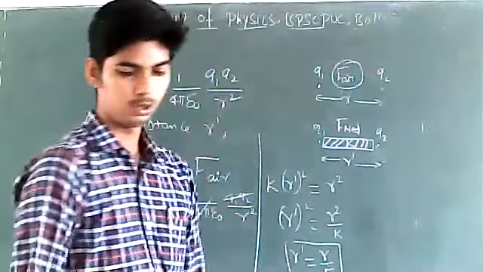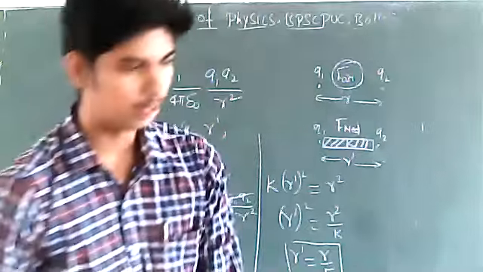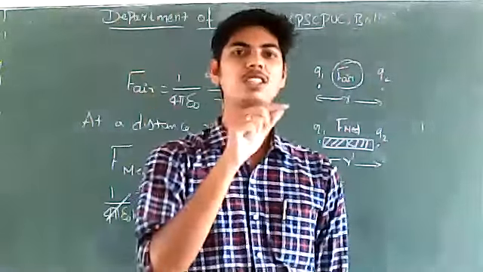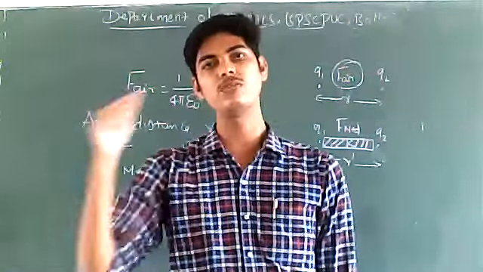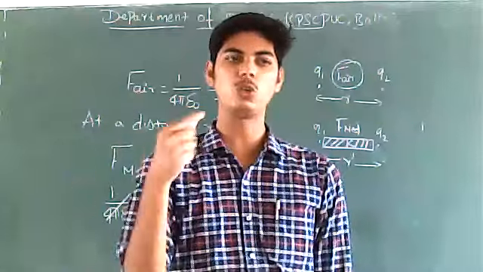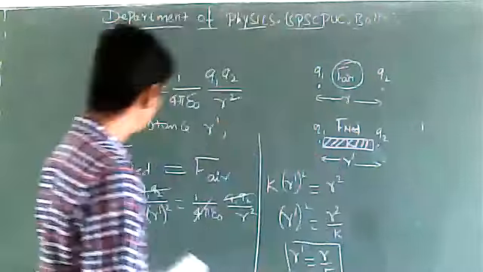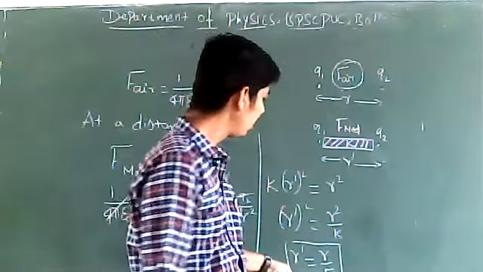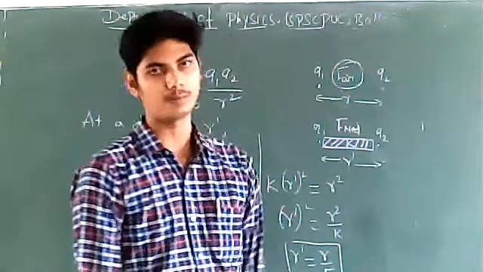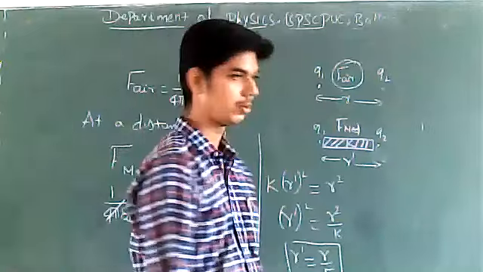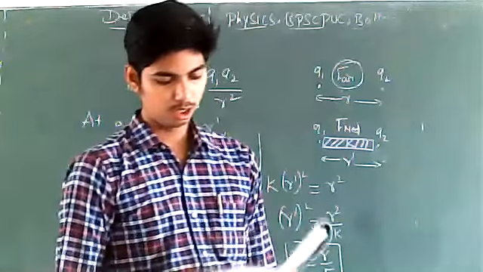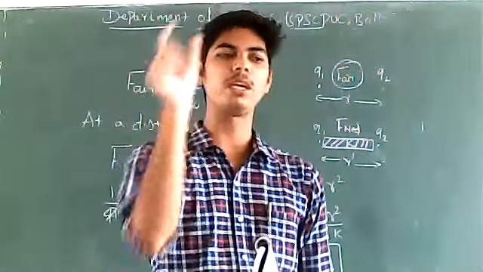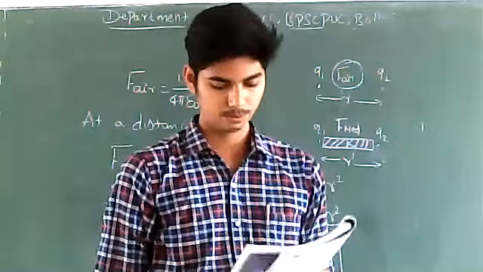Okay. So the option here is 3. I have told you, whenever the force between two point charges in air and the force between two point charges in medium are to be equal, then the distance between the two point charges is to be reduced by a factor root K, right? So this is regarding the distance for which the force between two point charges in medium becomes equal to that in air.